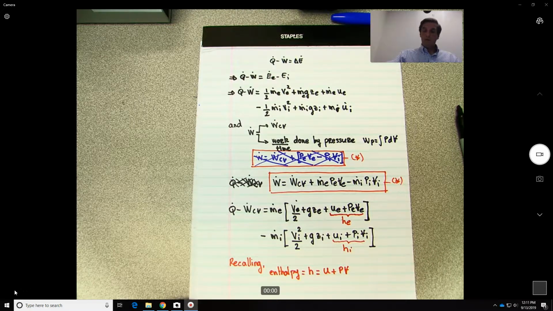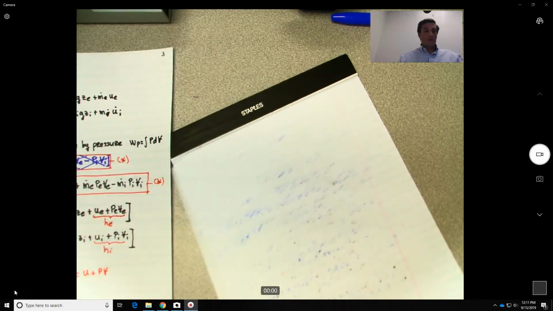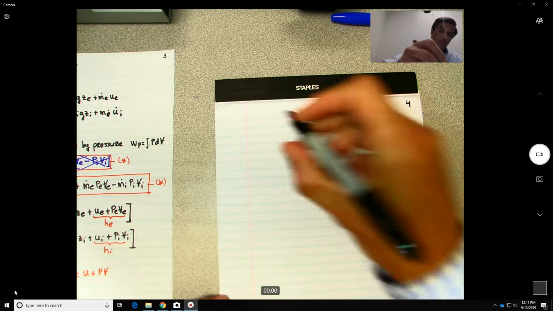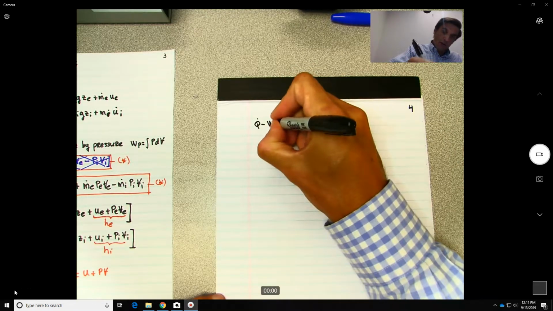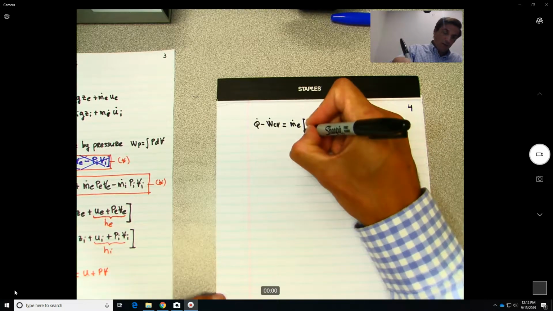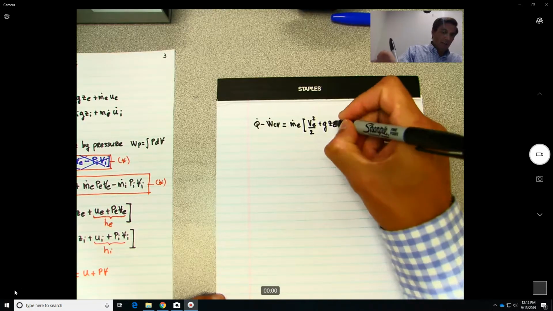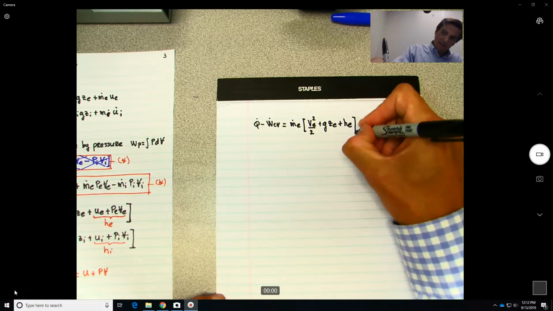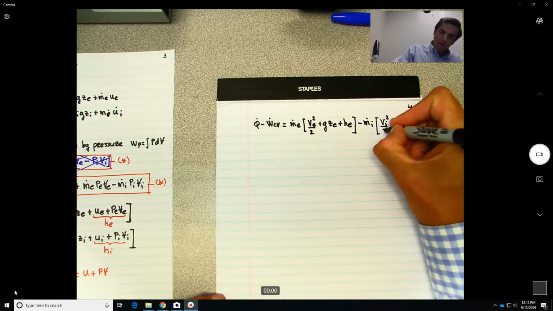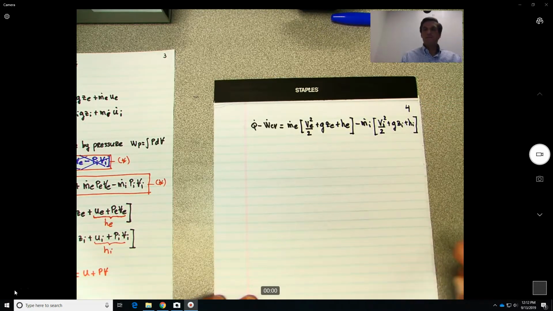All right, so now we are ready to write down the final form of the equation, which is heat transfer minus power will be equal to m dot exit of V exit squared over 2 plus g z exit plus H exit, minus mass flow going in of V inlet squared over 2 plus g z in plus H inlet. Okay,